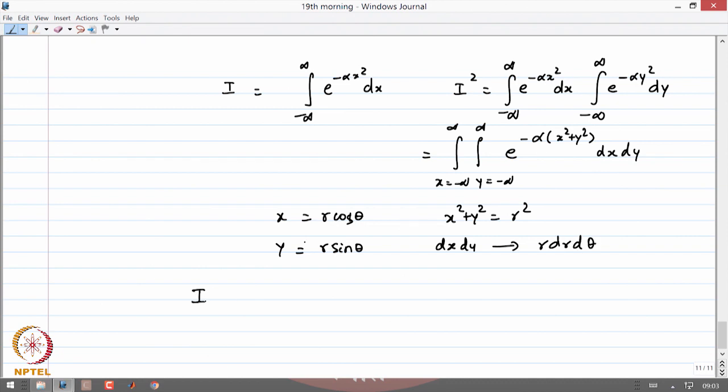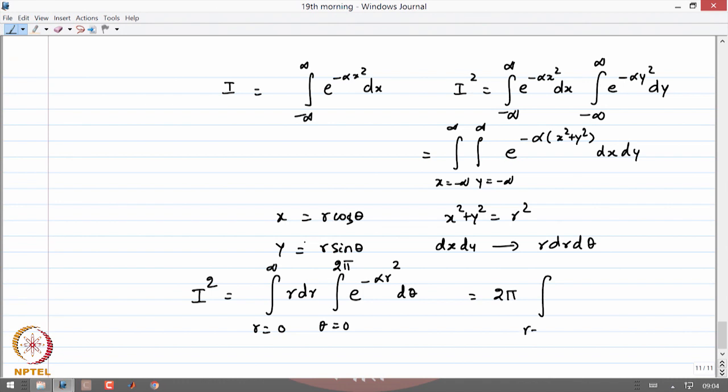Therefore, the integral I square is now given by the corresponding limits, namely r is equal to 0 to infinity, r dr, theta is equal to 0 to 2 pi, e to the minus alpha r square d theta. Now, this function does not depend on theta, therefore, it is nothing but the integration of d theta from 0 to 2 pi, therefore, it gives you the answer 2 pi times the integral r equal to 0 to infinity of e to the minus alpha r square dr, and that is a very